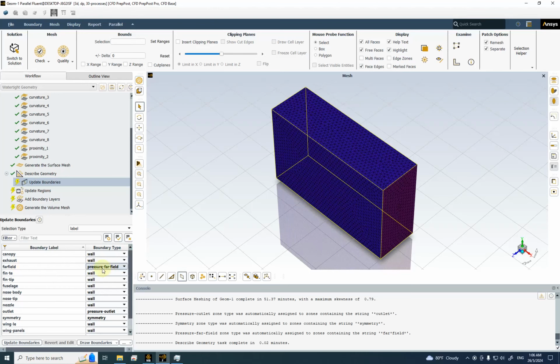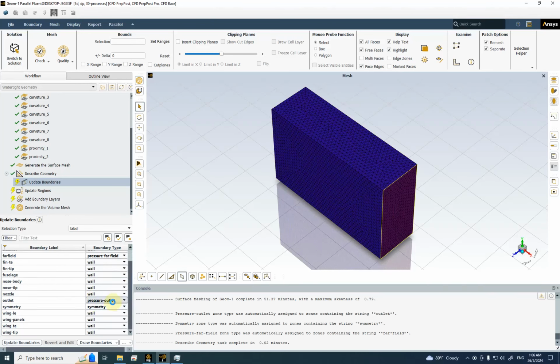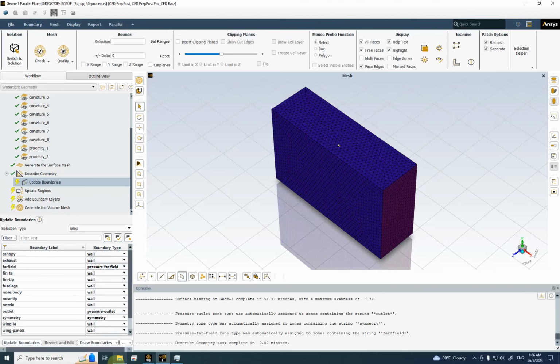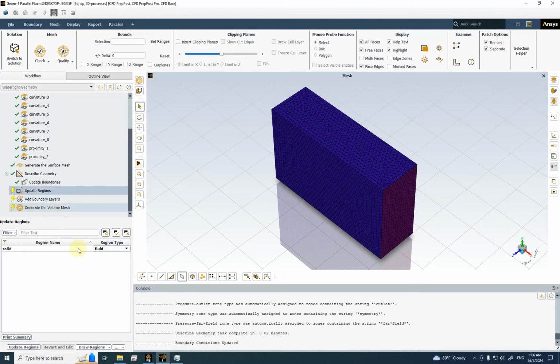Okay, the far field, the boundary type is pressure far field. Okay, and then the outlet, the boundary type is pressure outlet, symmetry. Okay, and then everything else is wall. Update boundaries, update region. Okay, make sure the region type is fluid,